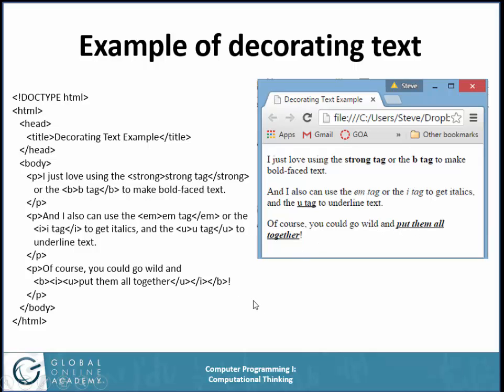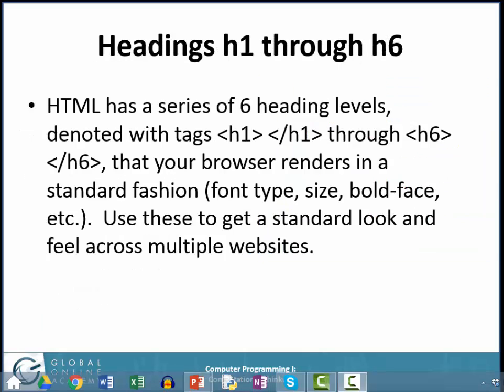Bold, underlined, and italic. Now, HTML has a series of 6 heading levels, and they're denoted with tags H1/H1, H2/H2, all the way up through H6/H6, that your browser renders in a standard fashion: the font type, the font size, whether it's boldface, whether it's centered, and so on. That means that when you want to have a heading on part of your page, maybe you've got several paragraphs and you're calling something introduction and method and conclusion, and you want to have a heading for all of them,